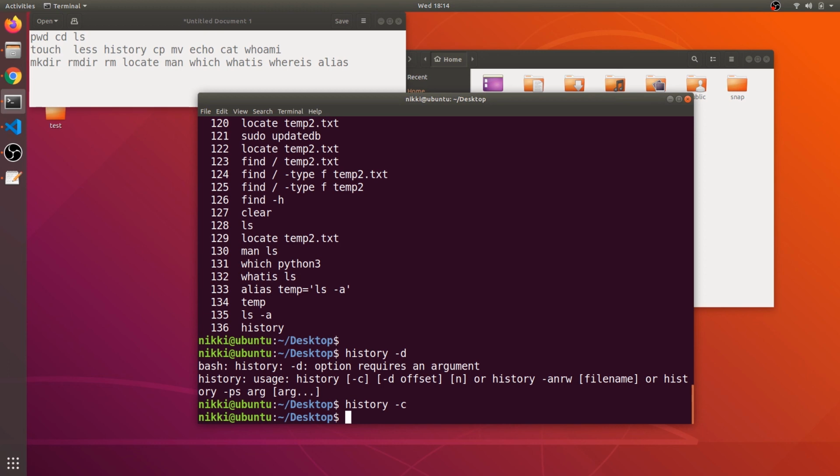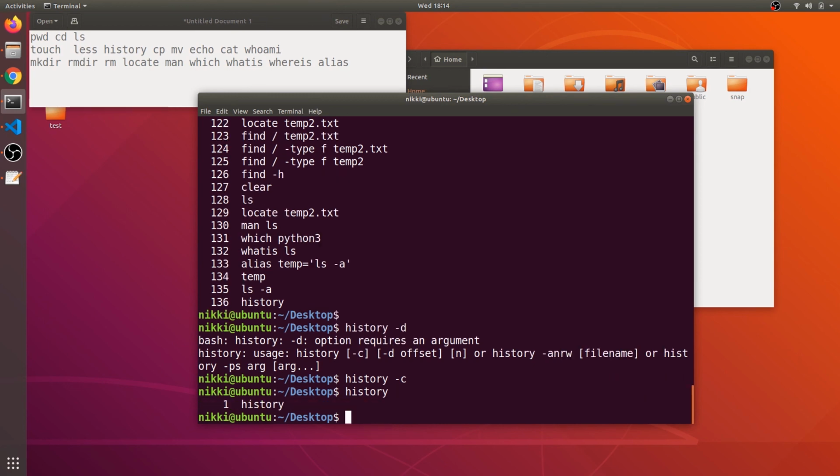Now if I type history, you can see, guys, if I press the up arrow, there is an error sound because there are no history commands. It means that all the commands in our history file are deleted. So if I say history, there is only one command, the one we have just entered now, history. In this way we can type history -c to clear out the history. So guys, this is all about the Linux basic commands.